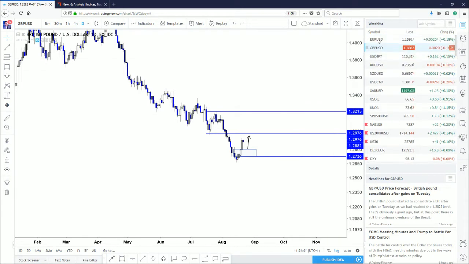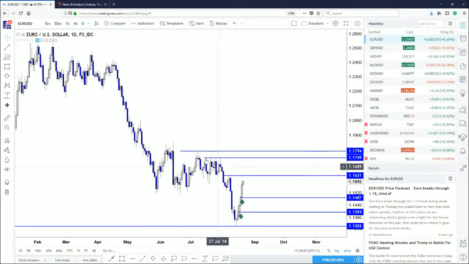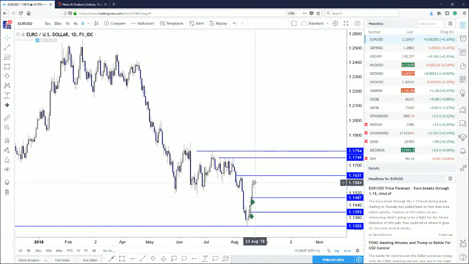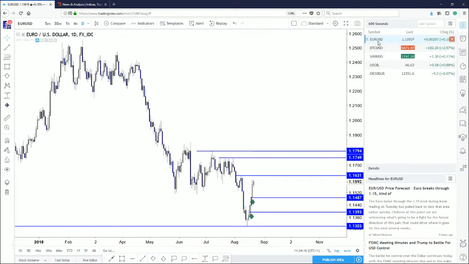whereas in the euro we're in the thick of it already. We're very close to the highs, I would argue, and there's limited scope for the upside. Again, it's possible to move by a dip and attack the upside, but it's nothing really that I'm going to be getting involved with. Let's take a look at Bitcoin.